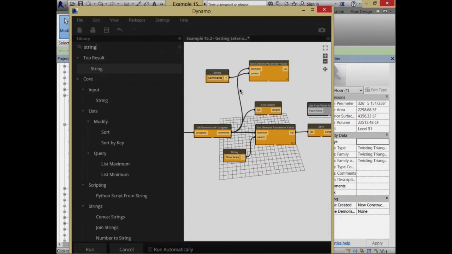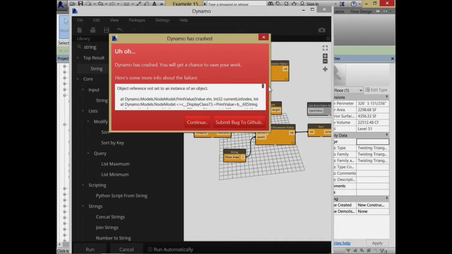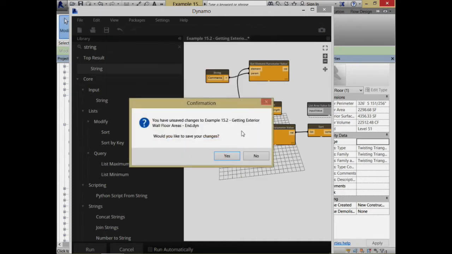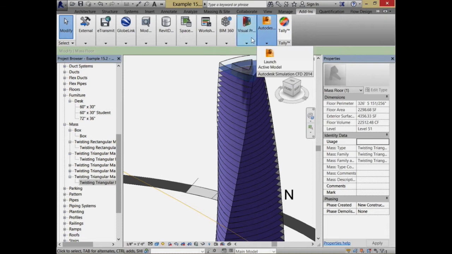Cross your fingers. Once again, interesting. I wonder if comments is a little bit strange in terms of what it's doing. Behavior changes. I'm a little worried about what that is. I might need to do some restarting, but let me pause on that one